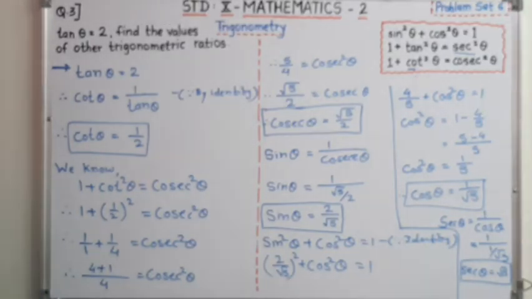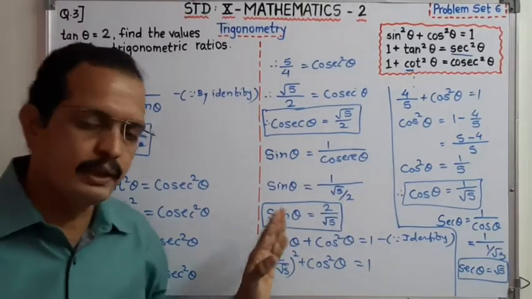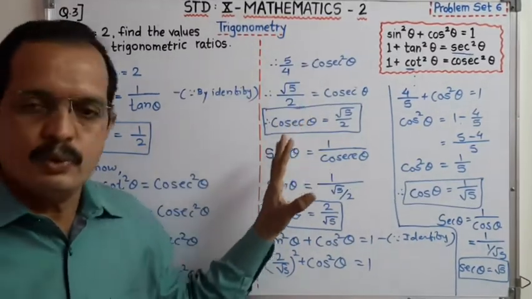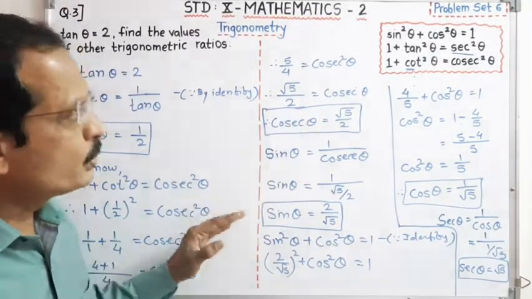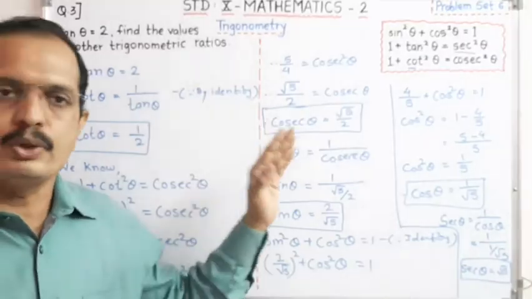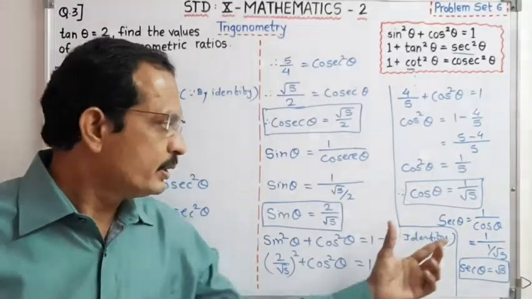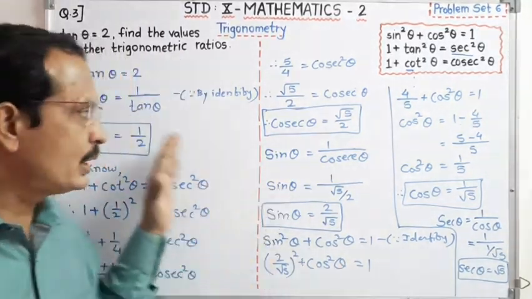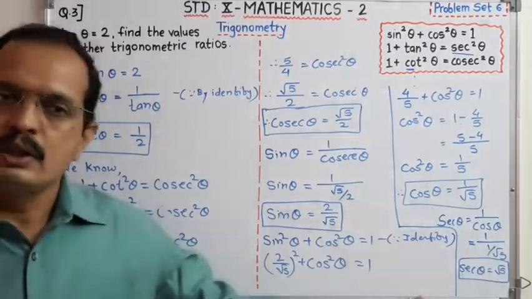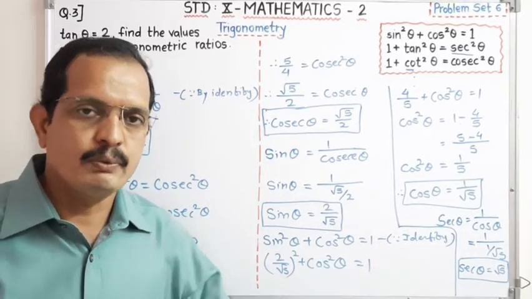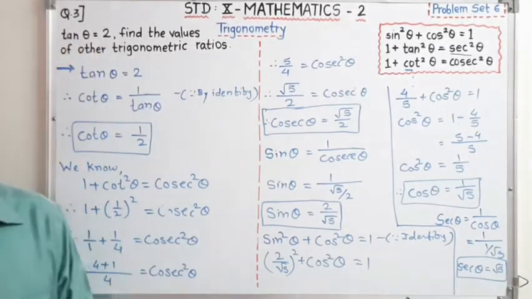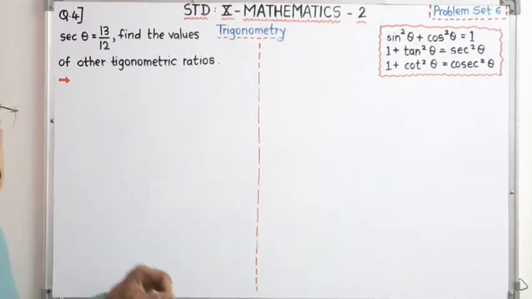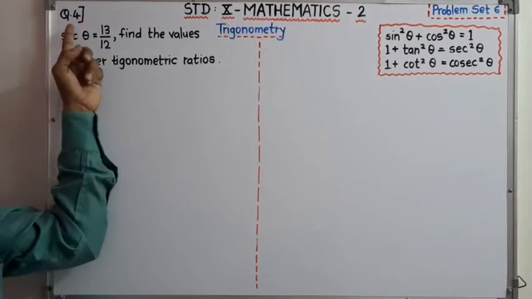Dear student, we can use various, different identities to solve. If you practice, then you come to know which property, which identity we have to use for which sum. Dear student, below you have to write the final answer, that means the values of each ratio we have to write. I think everyone understood this. Now we have to start with the third sum. Now dear student, start with question number 4.